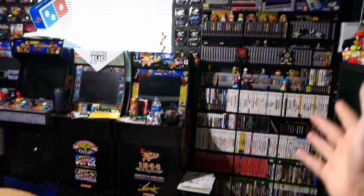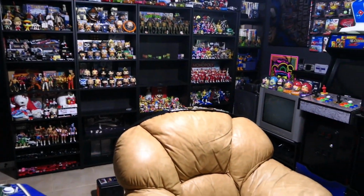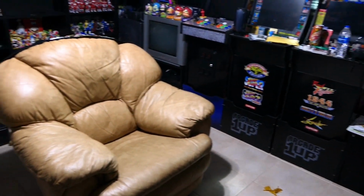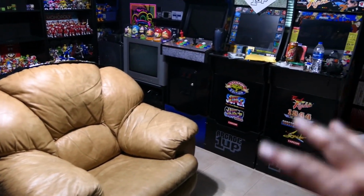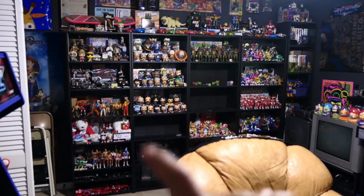All right, you guys, here we are. So I'm only gonna show off the sides of the room that matter, so that's why I'm standing in this back corner over here. But this is what the room is looking like right now. I'm gonna move that couch out the way to make me some room to move around. But essentially, the arcades and the TV are gonna go along that back wall, and then that back wall there,